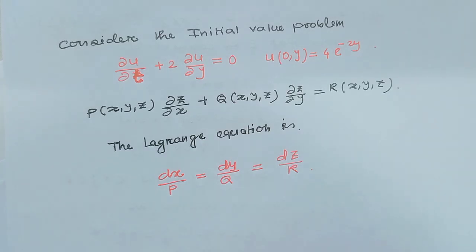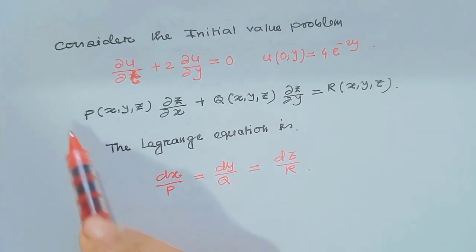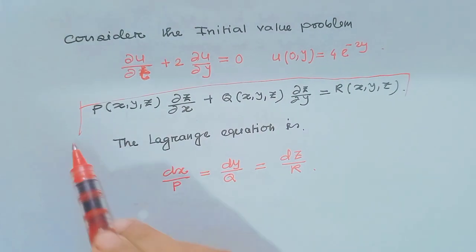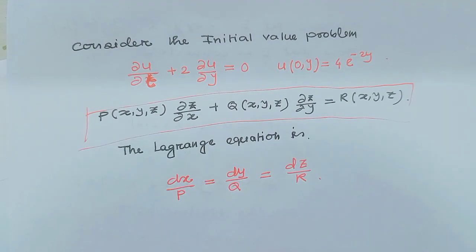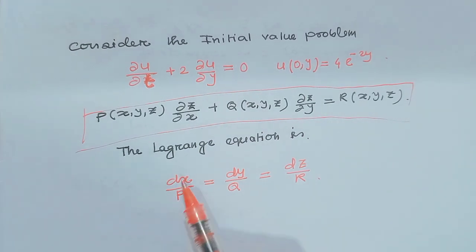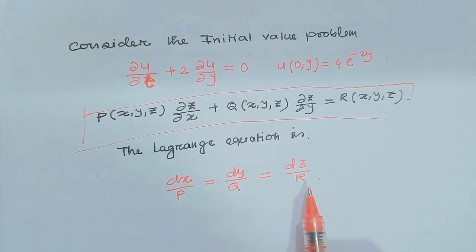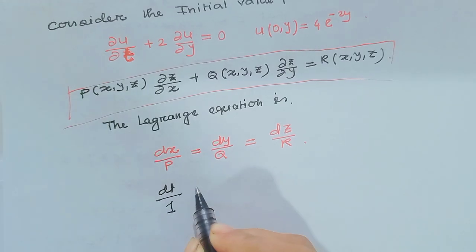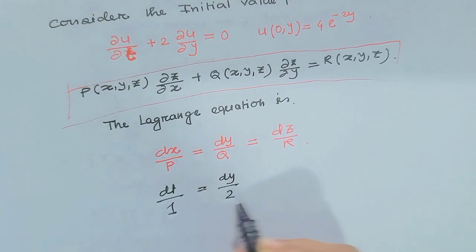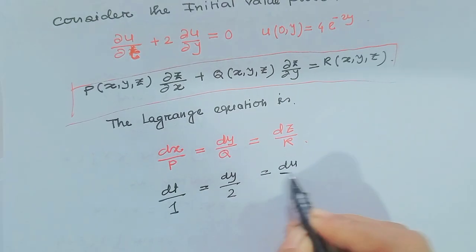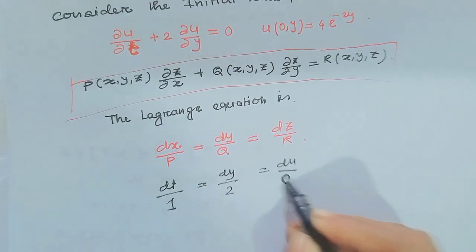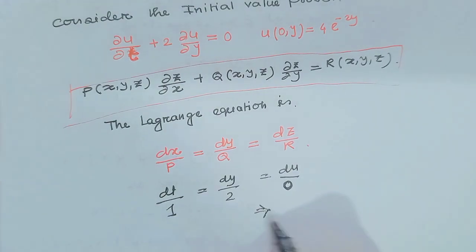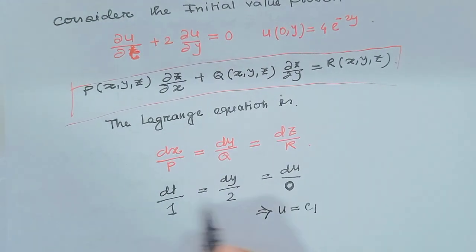Let's see some questions on the Cauchy problem. We all know the Cauchy problem is of this type. In my previous video I discussed this part elaborately, and the Lagrange auxiliary equation is dx by p, dy by q, dz by r. Here the Lagrange auxiliary equation is dt by 1, dy by 2 and du by 0. That implies u is equal to c1, and